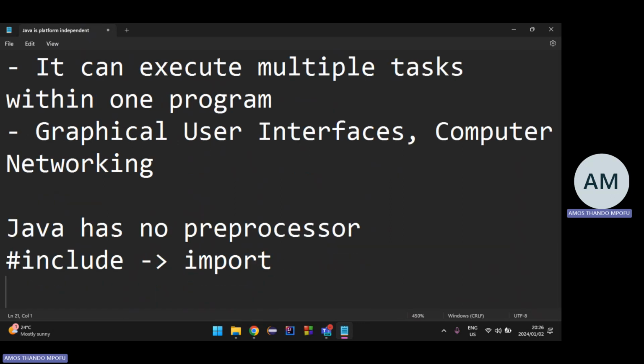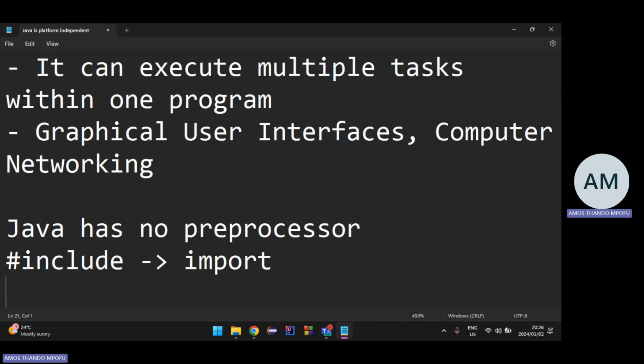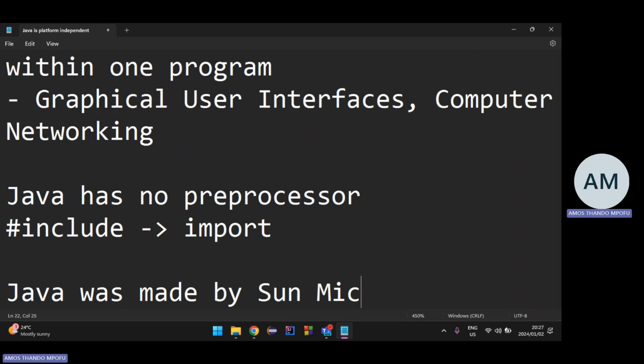And what else can I say about Java? Just a few other basic bits of knowledge. Java was made by Sun Microsystems, right?